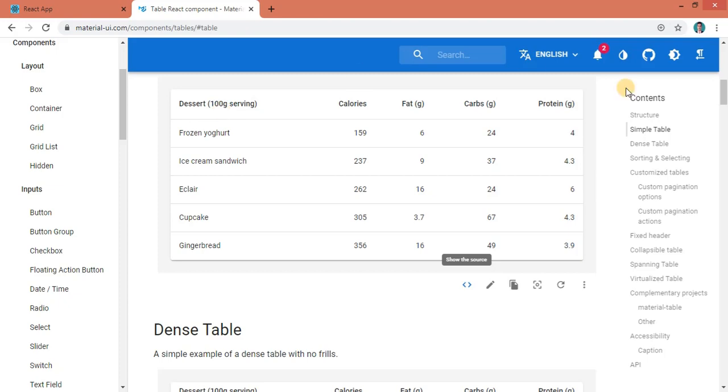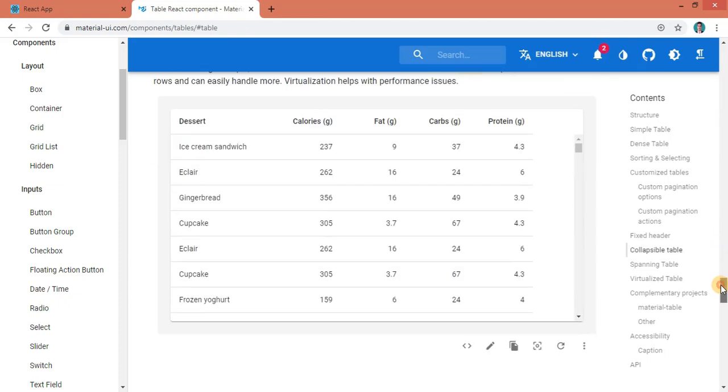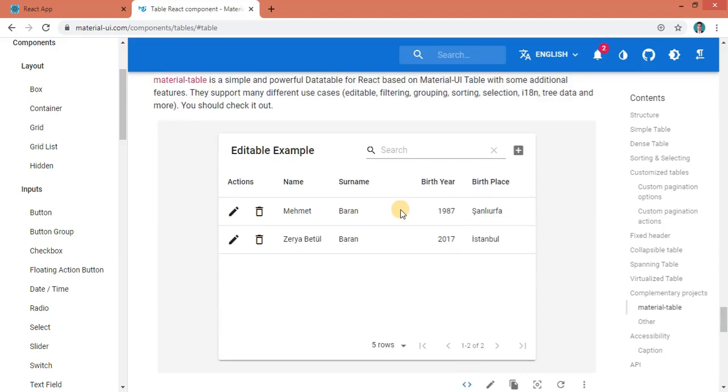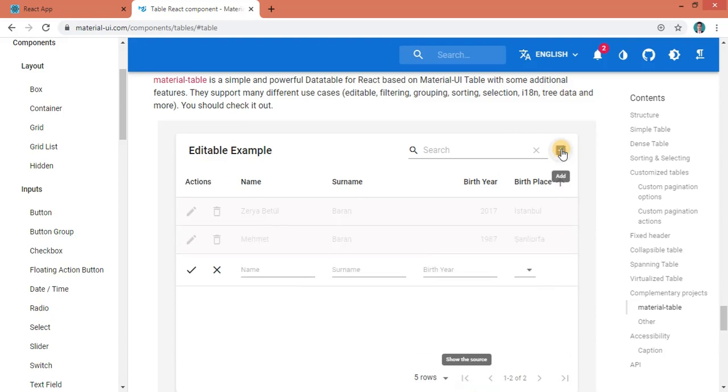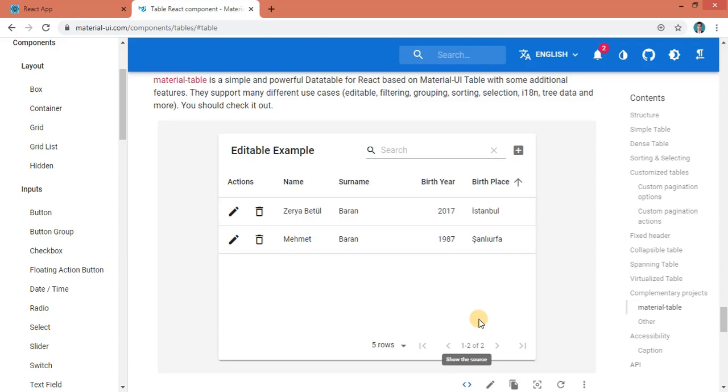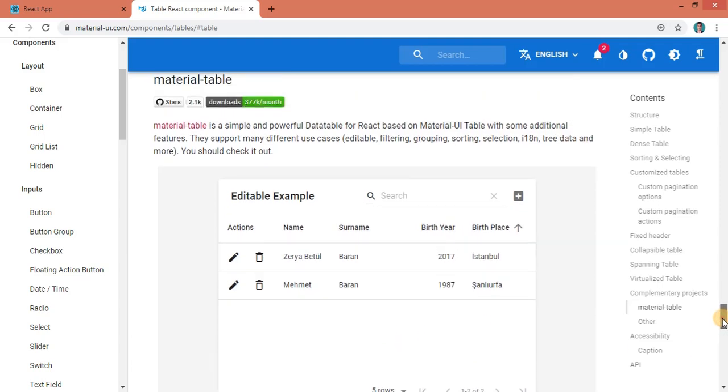So scroll all the way down, and you can see here we have another table. From here we can do search, we can perform any kind of operation, and when I click here, you can see I am able to add a new row as well. Okay, here paging is also implemented. So many things we can do by using this.